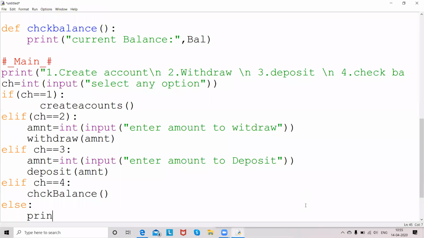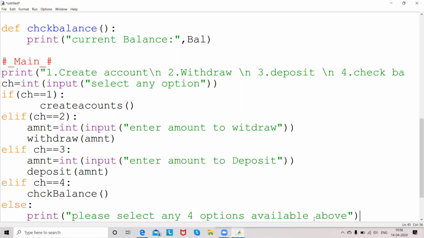So I should print, please select any 4 options available above. Only these 4 options I am allowing the user. If he chooses any option other than these 4 values, 1, 2, 3, 4, it will go to this else part and give the message, please select any 4 options available above. So this is what can be done.